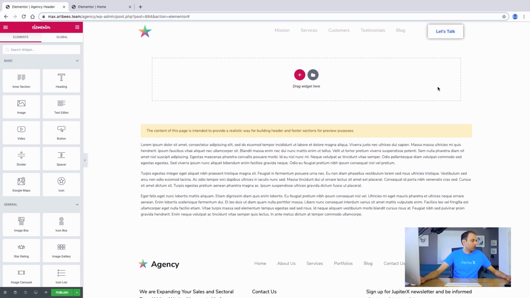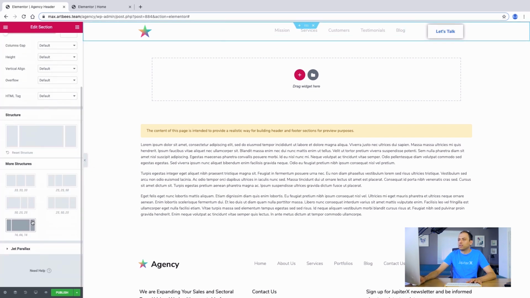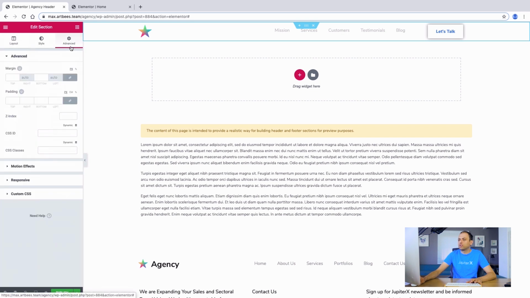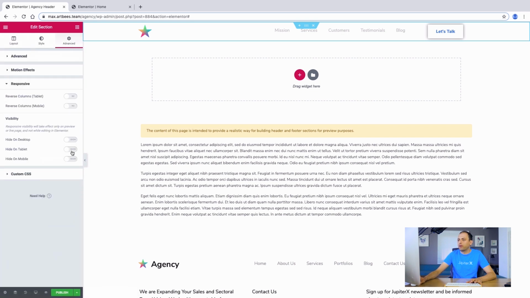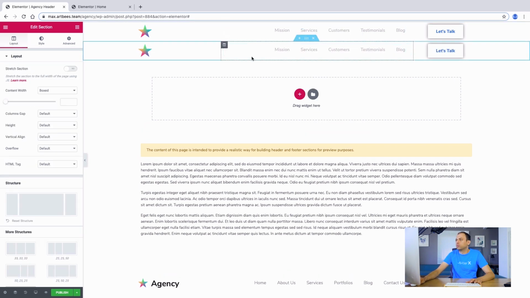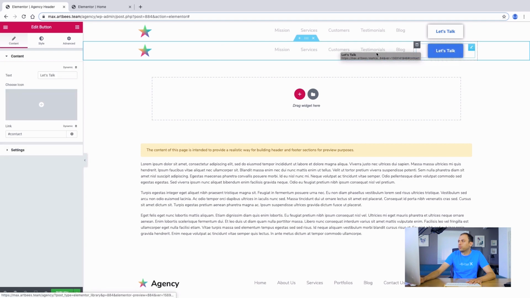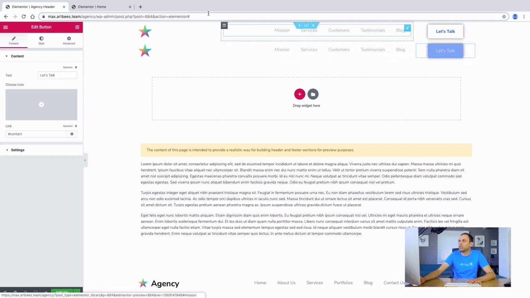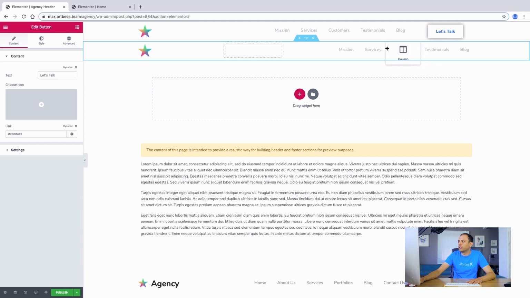So what we're gonna do here is make this thing not visible on tablet and mobile. And then we're just gonna duplicate this thing. So this way, this time it will be different. As you can see, we're gonna move this here,